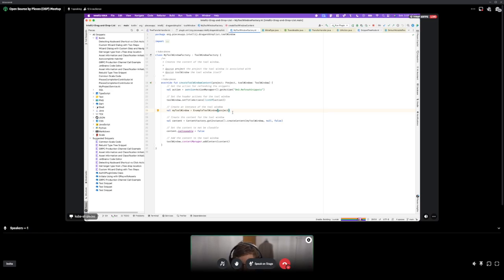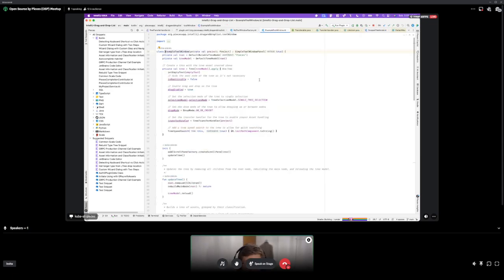And I'll try to keep it short. So this gets registered, it gets configured, and then the IDE is notified, okay, this is our content, this is what you can display. And so we can pretty much jump into the tool window itself, which is an extension of SimpleToolWindowPanel.